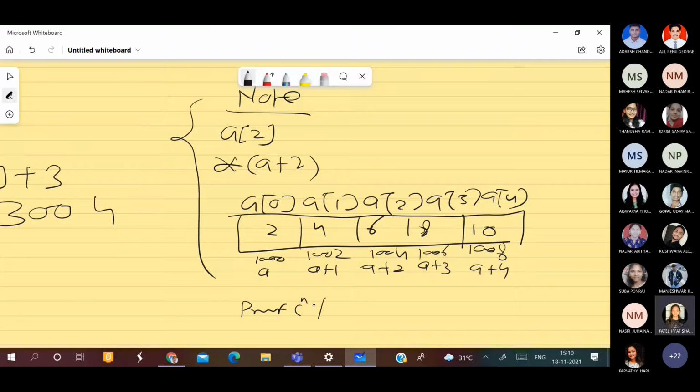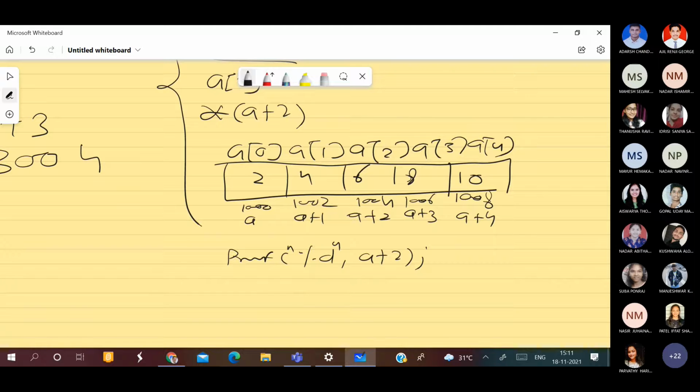If I say print %d A plus 2, what will I get? 6? अरे कभी सुधरोगे तुम लोग? A plus 2 means, what is A plus 2? What is A?